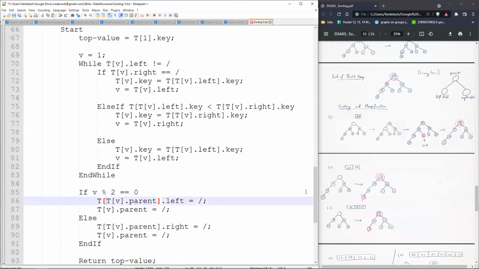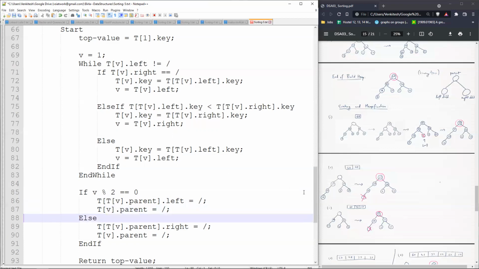So if V is even, it's a left child of its parent. So we go to its parent, TV dot parent, and make its left pointer empty. Okay, we disconnect its connection with the left child, which is empty. And then the V vertex, we make its parent pointer empty. So the parent pointer has become empty, the left child pointer has become empty, so that both the edges are now gone. This vertex has been deleted.